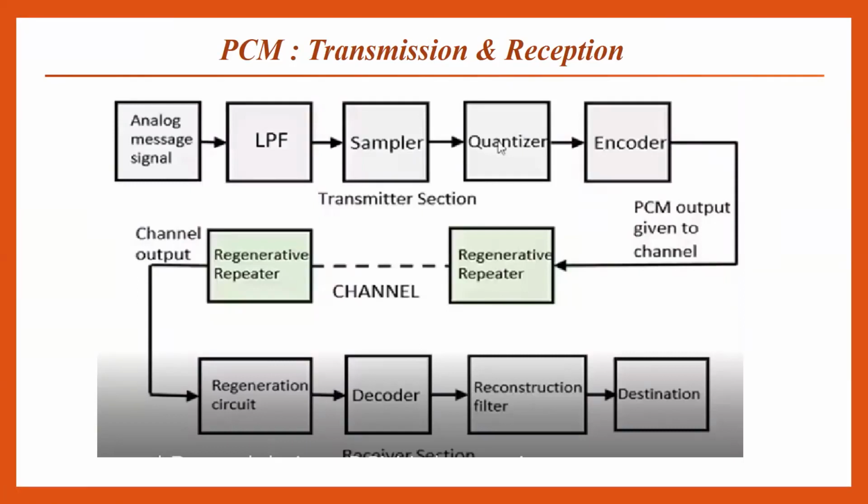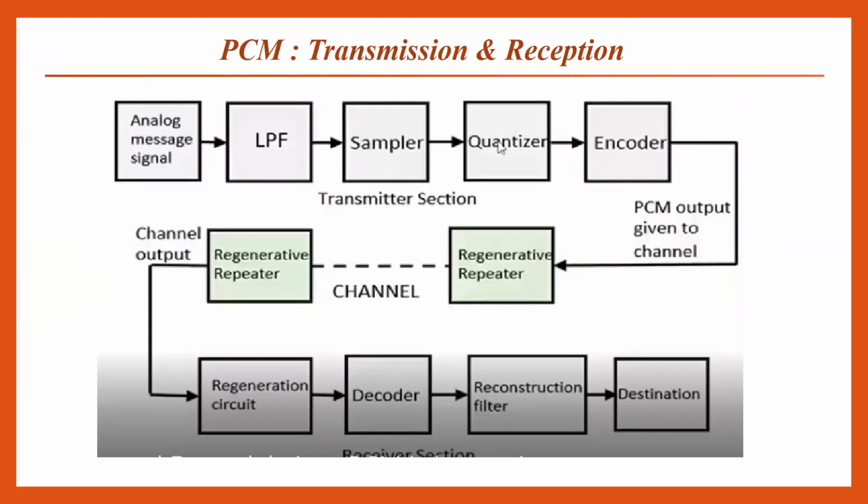These voltage levels will be provided to an encoder, which will encode these signals. The encoder will provide the bit form for these signals. How will these signals be converted to bit form? For example, when a 2 volt signal sample comes here, the 2 volt signal will be, for example, if we are using 4 bits,